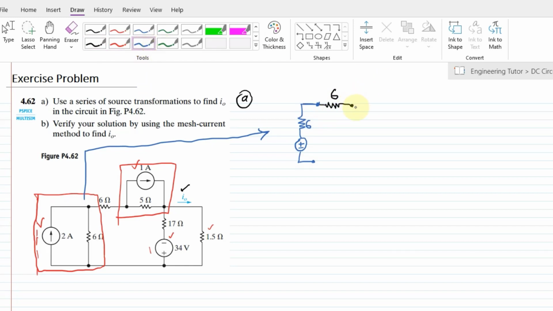Similarly, the other portion which will be transformed is this one. Okay, so now let me, so that it will be like this one. Now as the current direction is this one, this is now plus minus here, and the value of this resistor is 5 ohm. Okay, and the other configurations here are basically